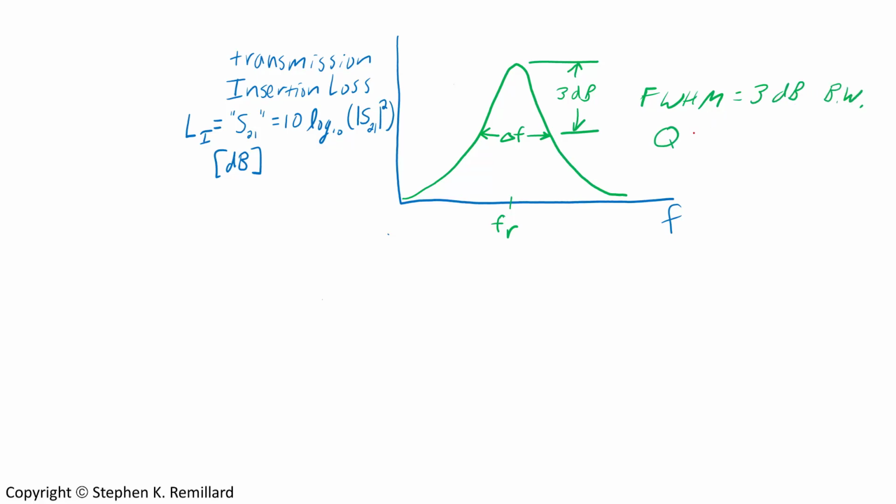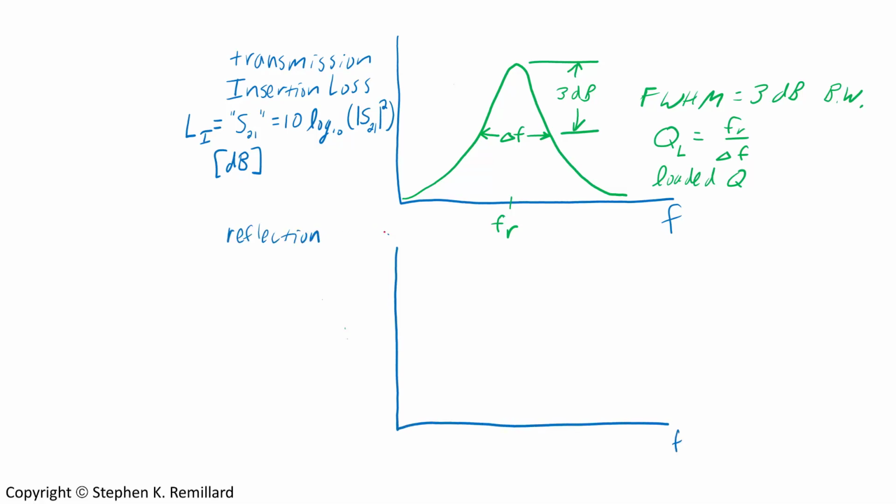So what you might normally think of as Q is the resonant frequency divided by that bandwidth. But that really is not the Q of the resonator. That's specifically the loaded Q. Loaded Q is the Q of the resonator with the couplers, and it will be smaller than the actual Q of the resonator if you made the coupling really weak, and that is called the unloaded Q. So this is the loaded Q. That's what a network analyzer measures directly. If you look at the reflection,